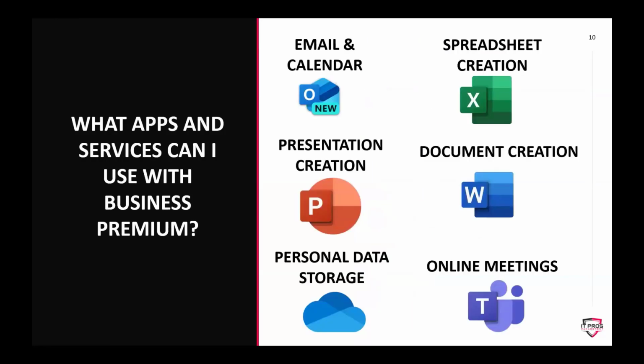What apps and services can I use with Business Premium? Okay. So we look at basically the environment that most of us are used to working in. We deal with email, calendaring, spreadsheets, presentations, personal data storage, online meetings. These are things that most businesses today do day in and day out. So the first thing I want to bring out is the fact that the Microsoft Business Premium platform allows you to have all the things that you're used to using. If you're using email, you have the Outlook client. If you're creating spreadsheets, you use the Excel product. Presentations, you have PowerPoint, document creation, you've got Word, personal data storage, meaning a data storage just for you,